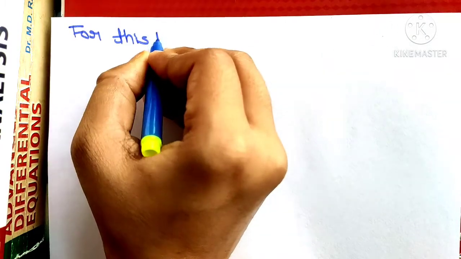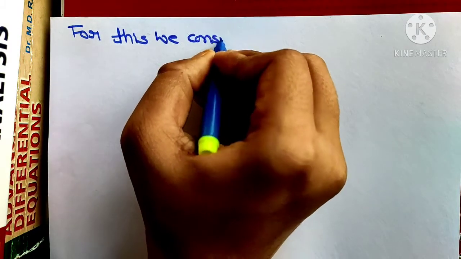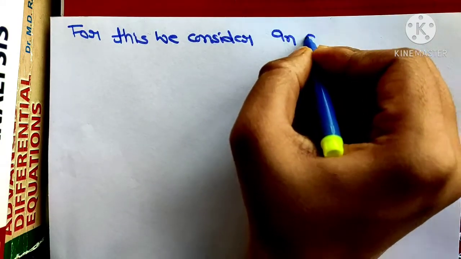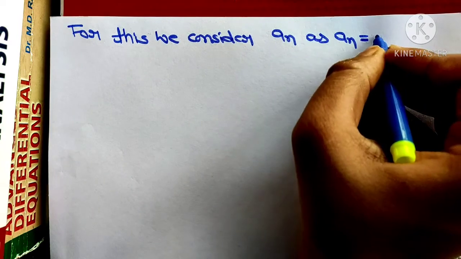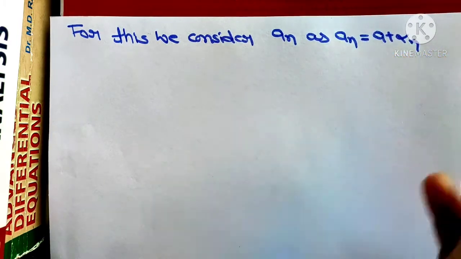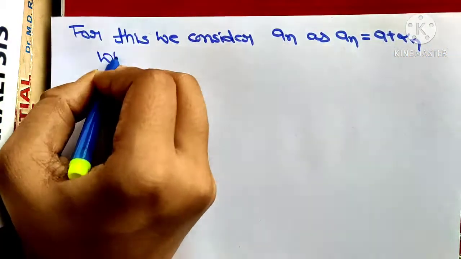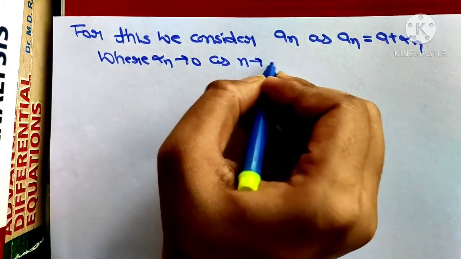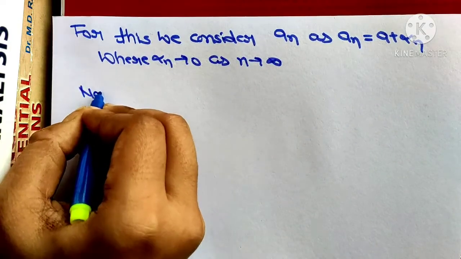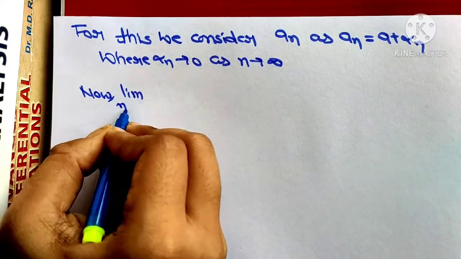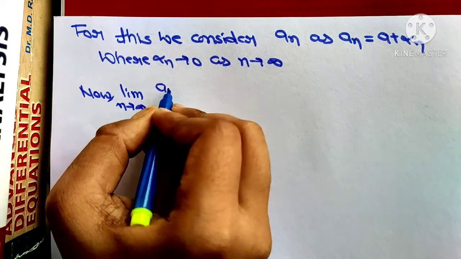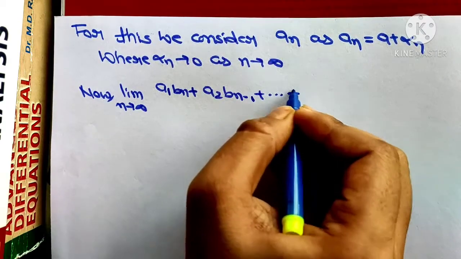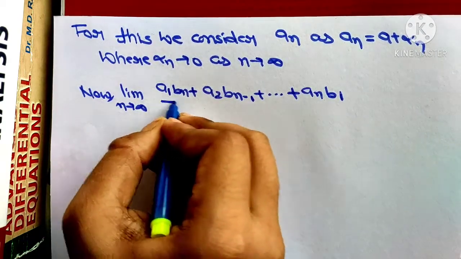For this we consider an as an = a + alpha n, where alpha n tends to 0 as n tends to infinity. Now, limit n tends to infinity of (a1bn + a2bn-1 + ... + an b1) upon n